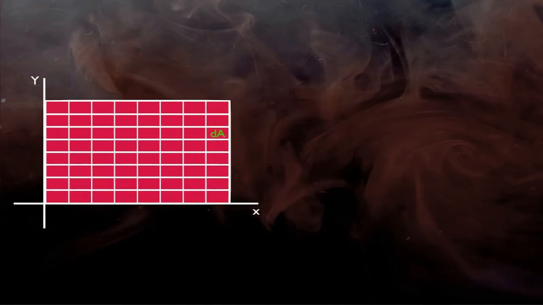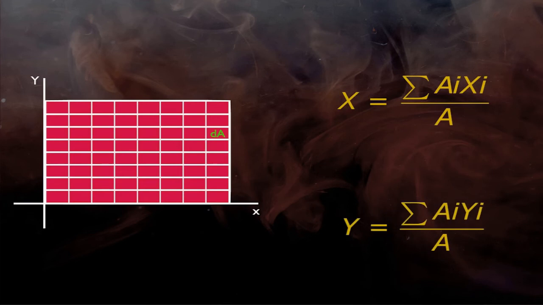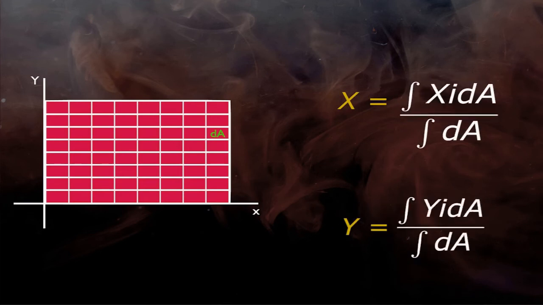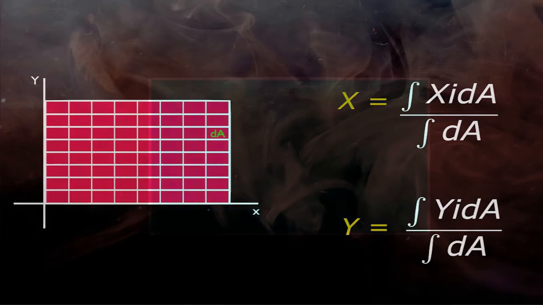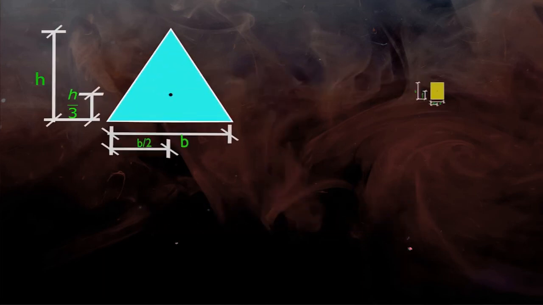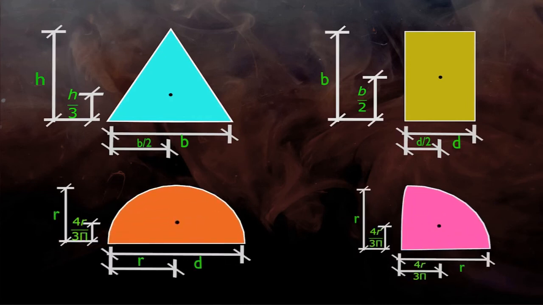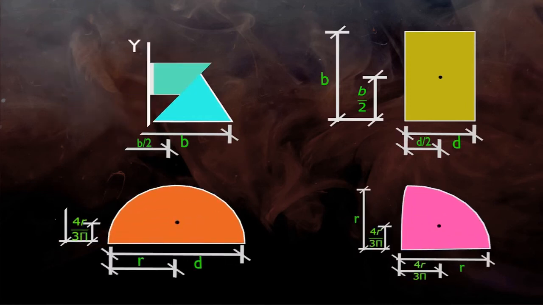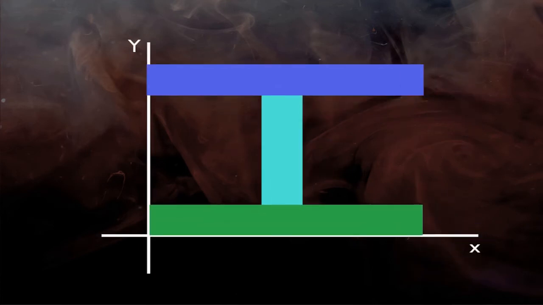In the case of a single plane figure, if we divide the whole area into many small areas dA, then instead of summing up all individual areas, we can integrate to calculate the centroid using these equations. But it is difficult to calculate integrals, especially for composite structures. So, to ease the process, the centroids of some basic shapes are provided in reference books. We can thus easily divide the area into more basic shapes, and as we already know the centroid of individual shapes, it becomes easy to find the centroid of the whole area with respect to the reference axis.